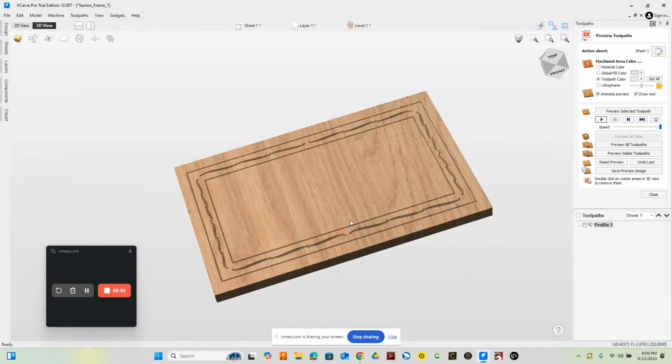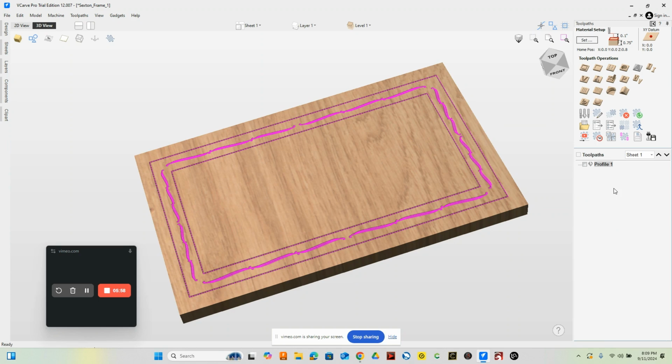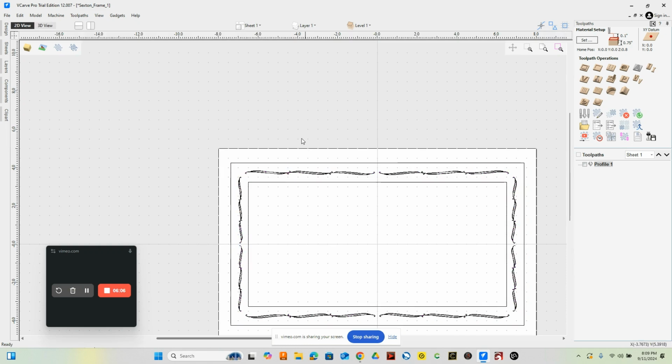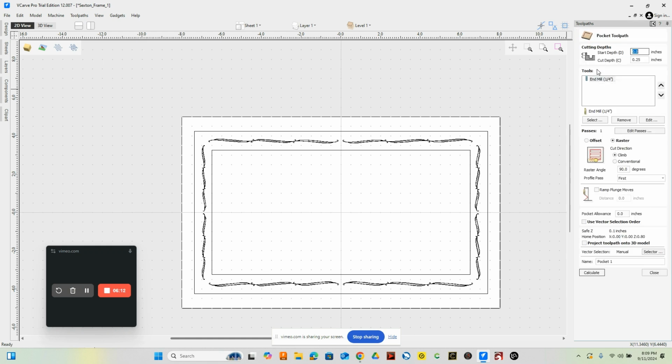Now, maybe we want to pocket out this inside shape, right? So if you have more than one operation, right now we just have one, just this profile, we could remove our selection, go back to our 2D view. This time, instead of using a profile, we can say do a pocket, all right? And now we can select this boundary, and it's got a 1/4 inch end mill right now,